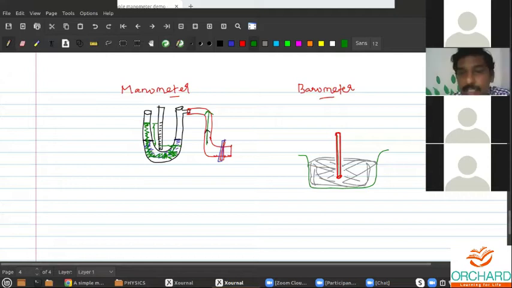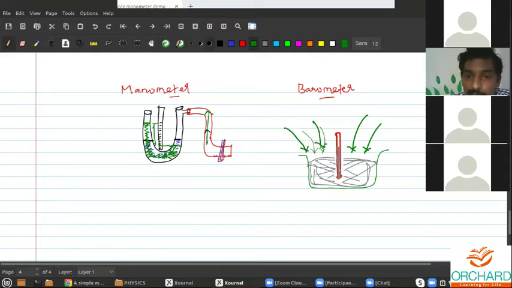The moment you insert this capillary tube in the mercury trough, the mercury from the trough goes into it. Are you able to see the mercury rising? It goes into the capillary tube because of the atmospheric pressure. The atmosphere exerts a large amount of pressure on this mercury column; though it is a metal, the atmosphere has a large force acting per unit area.